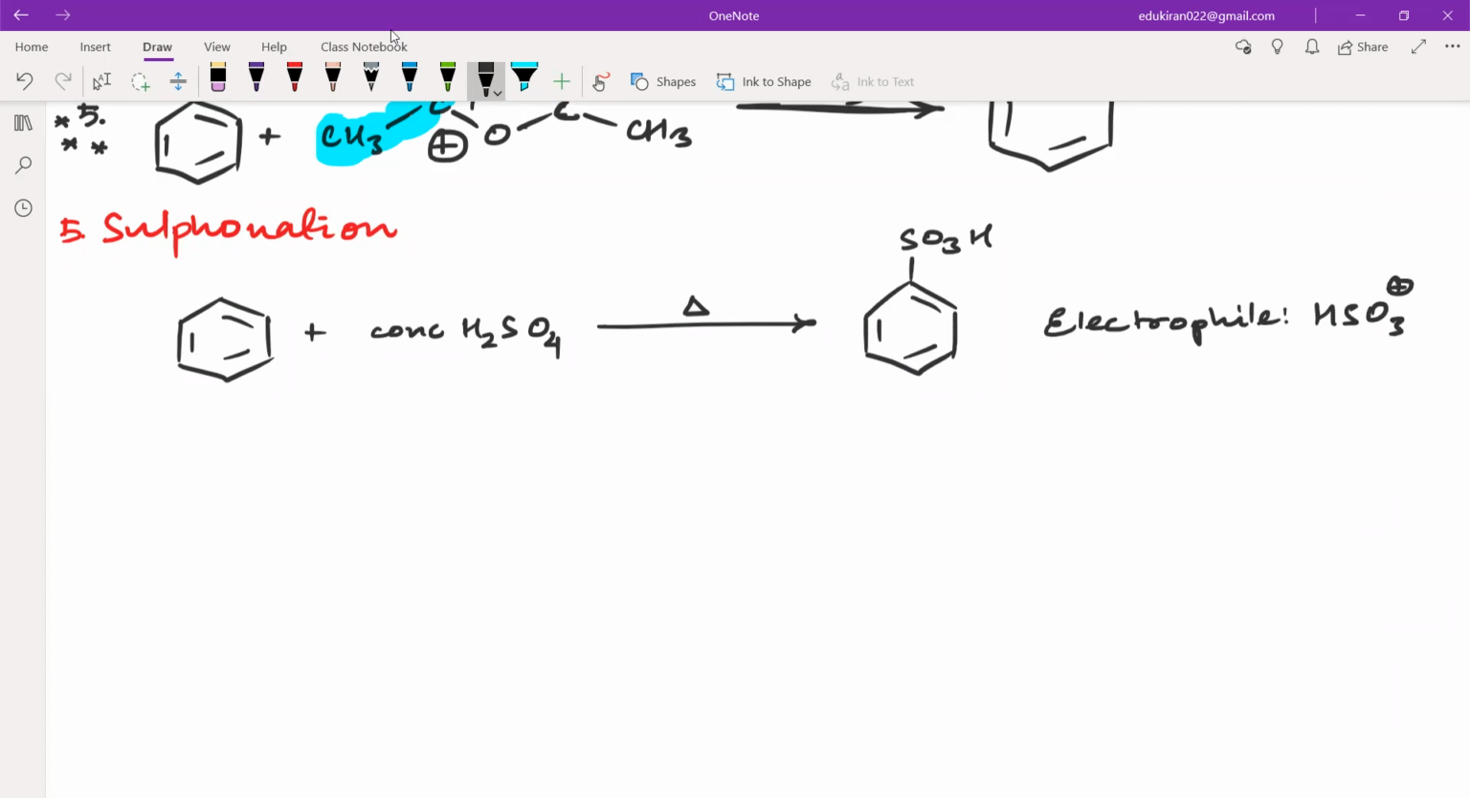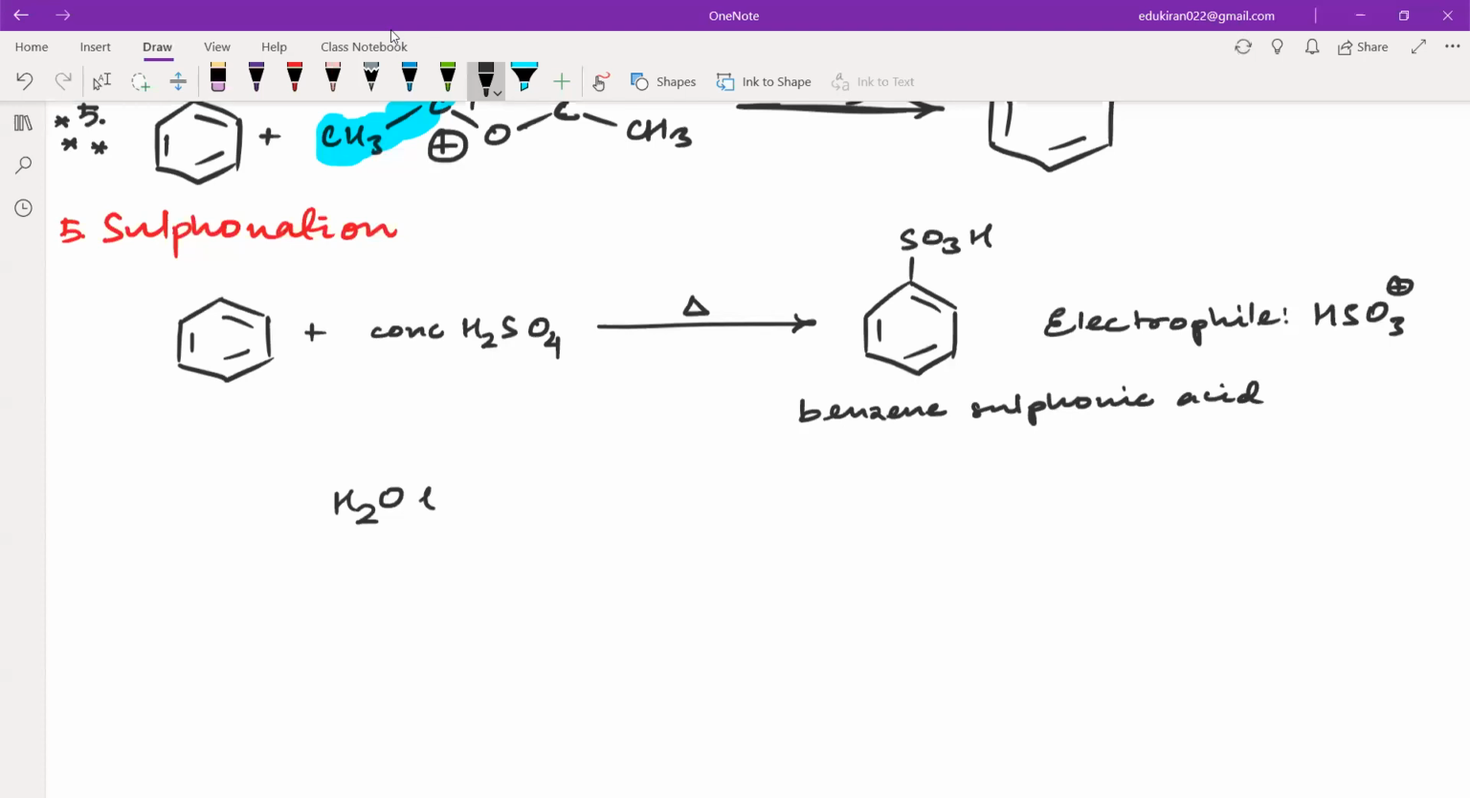HSO3 positive. Is this fine? Please tell me yes or no. This is benzene sulfonic acid. Now this may seem strange to you, but to revise a little,